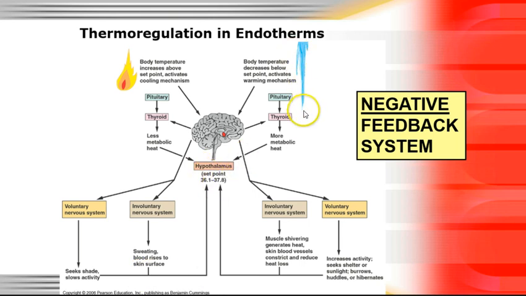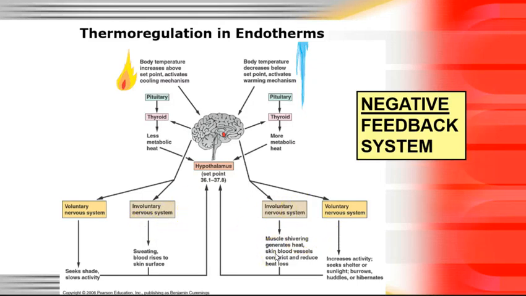Now, if you get too cold, same kind of system over here. Your voluntary nervous system is going to cause you to seek shelter, go hang out in the sun, do all sorts of things. Again, this is going to be behavioral. And then your involuntary nervous system is going to trigger shivering, so that generates heat. You're going to have vasoconstriction this time because that's going to keep blood away from the surface to reduce heat loss. And so these, by the way, are going to be your autonomic nervous system.